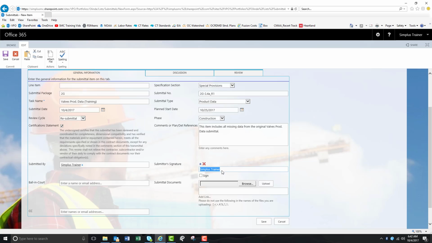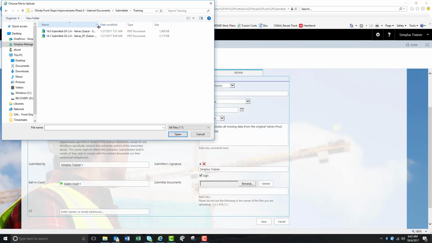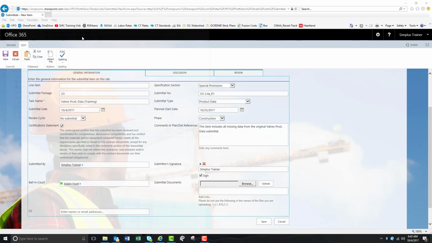Again, you're automatically going to pop up. That's the account you're signed into. Click the sign button confirming you're the submitter. The ball in court would go back to the construction manager. You can list your attachments here. So now you're going to attach your R1. Be sure to click upload